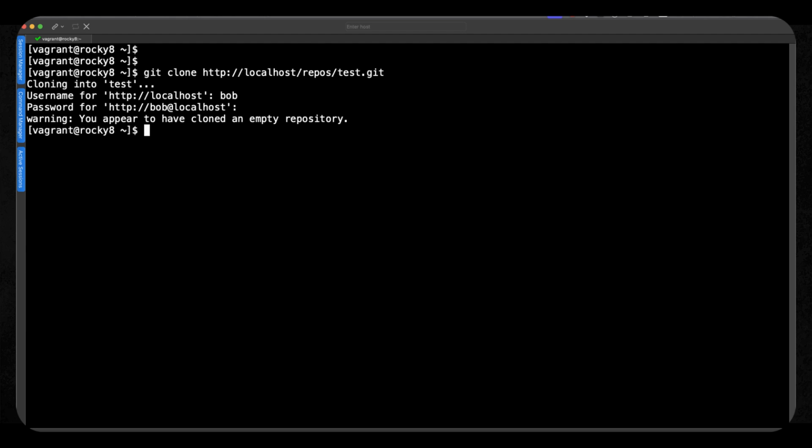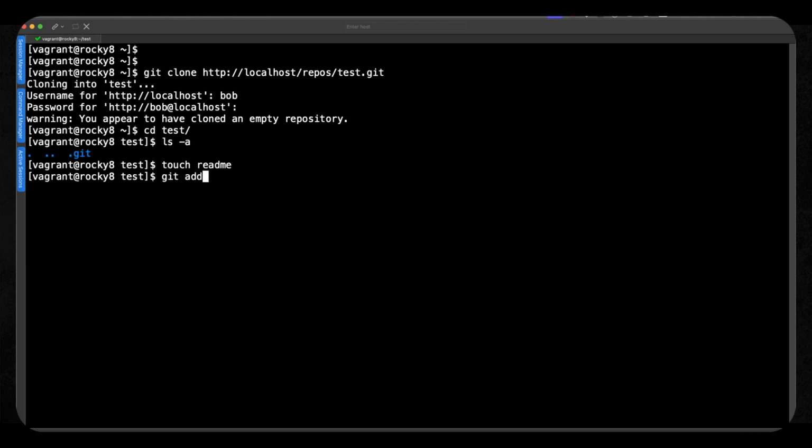Now we get a warning telling me there was nothing in the repository, but we know that we created a bare repository. But if I now move into that directory, so it's just going to be called test. And when I run then the ls -a, the contents of the repository is stored in the .git directory. We didn't have any actual files, so we only get the repository management directory .git. We can create a new file. I just call it README.